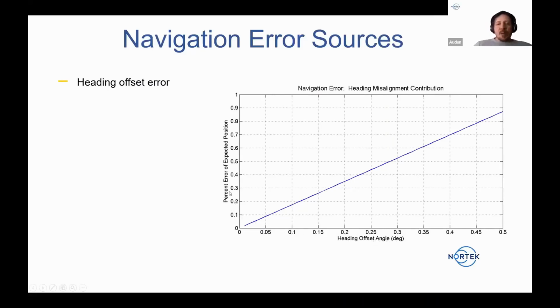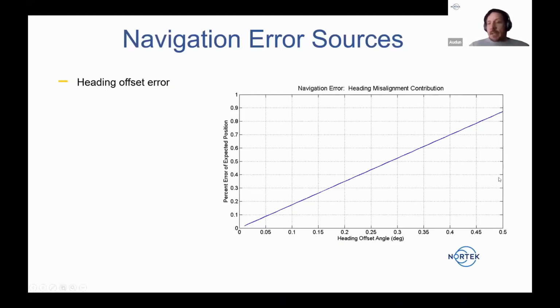And we can look at how much of a percentage of position error that will contribute. So if my heading sensor is off by half a degree, it'll result in something like 0.9% of distance traveled error, which is